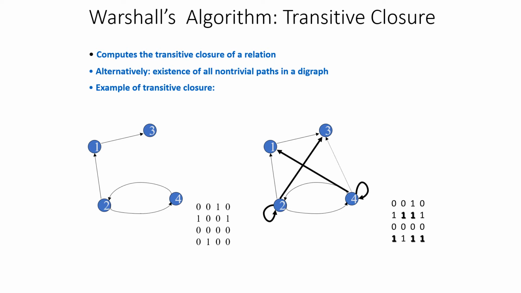But in the case of transitive closure, we'll be placing 1 if there is no direct edge, but we could reach. For example, when we take vertex 2, from vertex 2 we could reach 3. Though there is no direct edge, we could reach 3 through vertex 1. Similarly, from 4 there is no direct edge to reach vertex 1, but keeping vertex 2 as the intermediate vertex, we could reach 1. Similarly, from vertex 4, through vertices 2 and 1, I could reach 3. So in the respective cells, it is placed as 1.